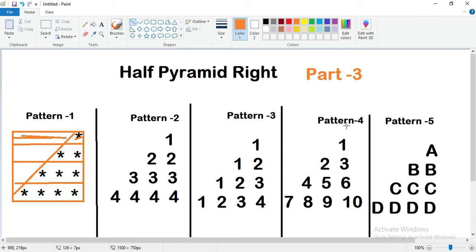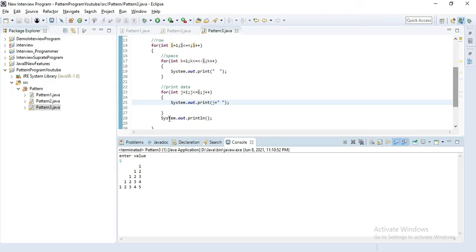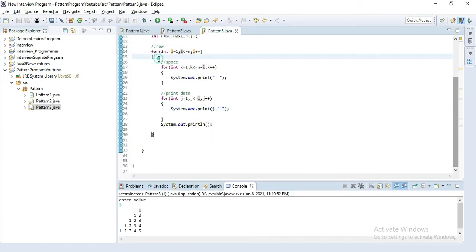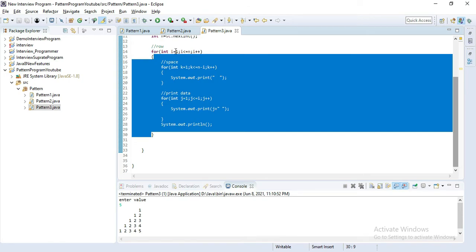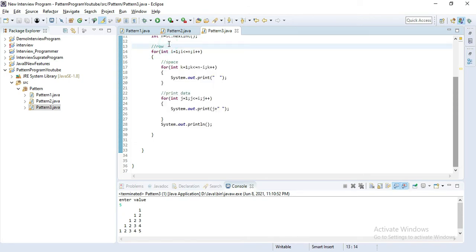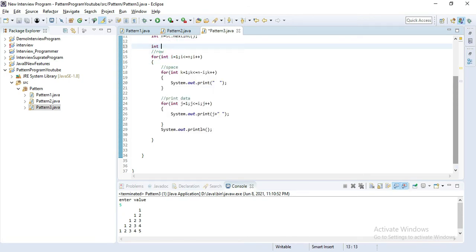Now the fourth one, where we are incrementing continuously. For that, we have to define one variable outside this for loop, because the loop would assign the same value again and again. I'll simply define int n1 equal to 1, and pass n1 here instead of j.